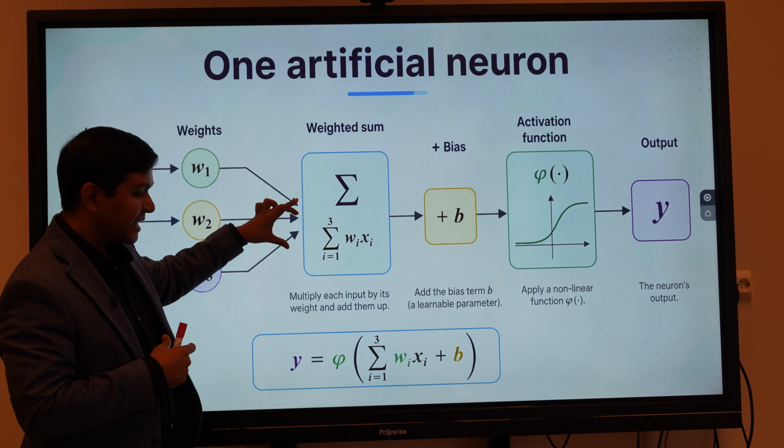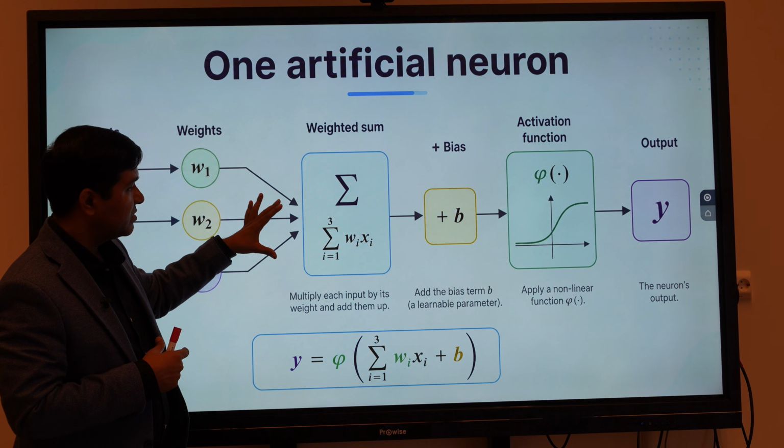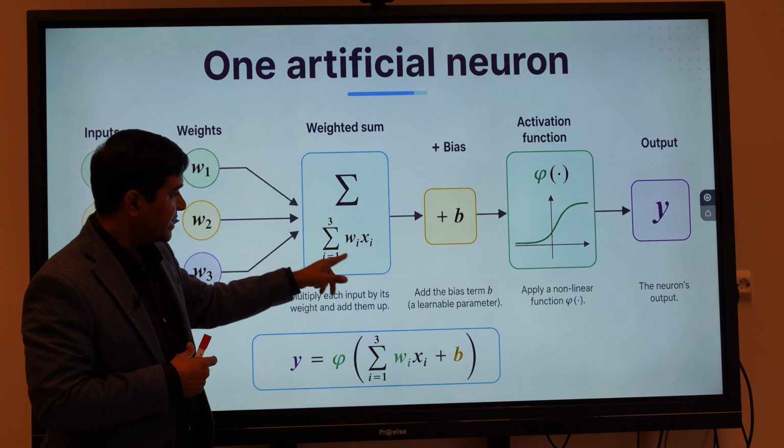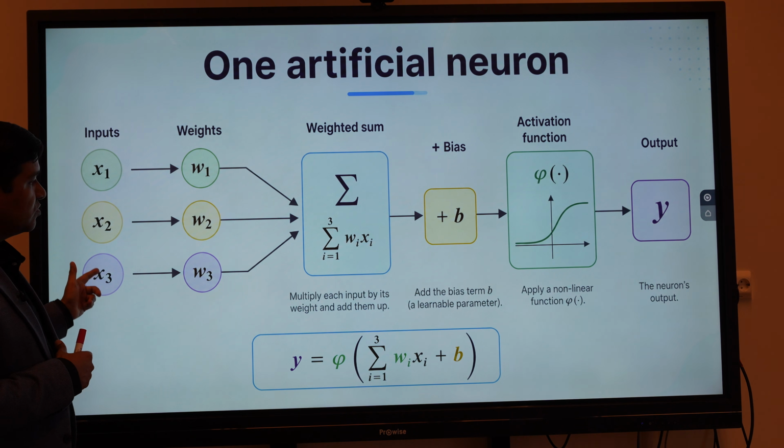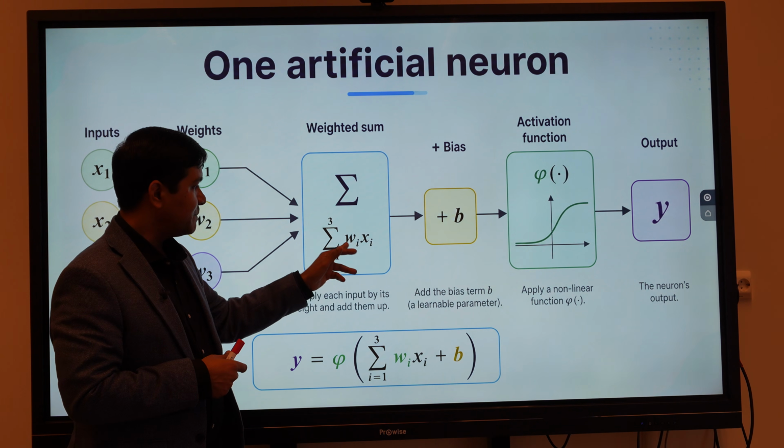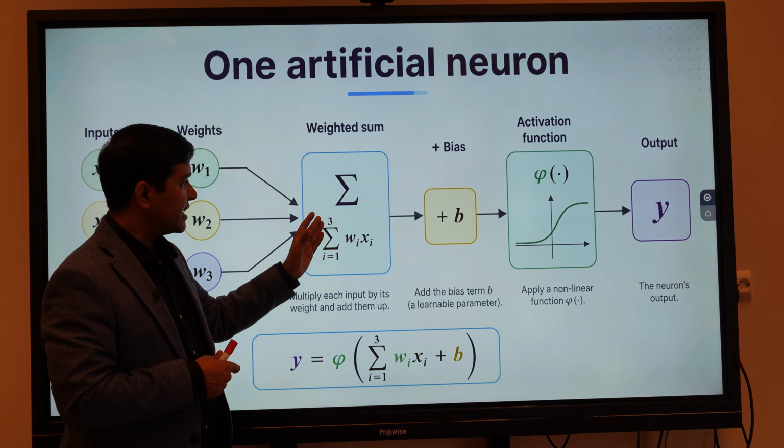So this gets aggregated, same as in modern neurons, where the weights are applied to the input data. This data can be yes and no, and it is multiplied, and the products are summed up.